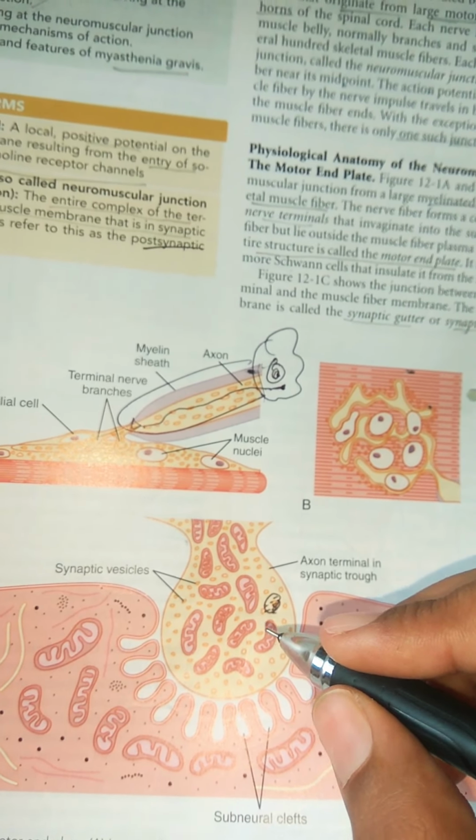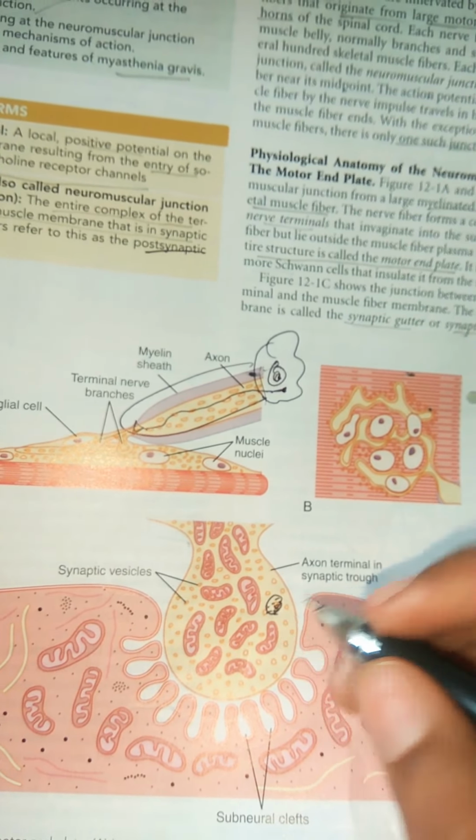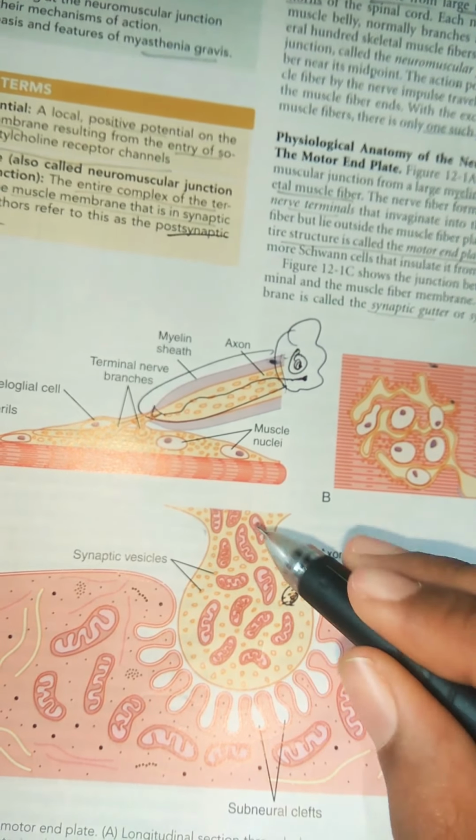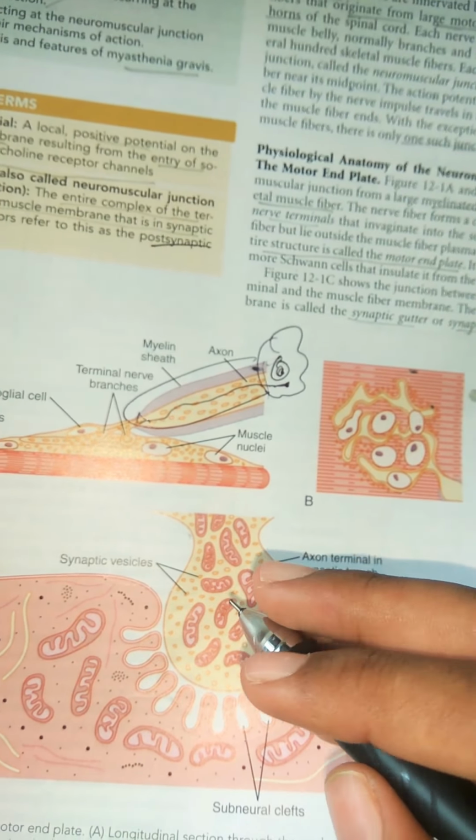So now the messenger RNA is formed by DNA transcription. The nerve ending has no nucleus, so all the proteins are synthesized in the cell body and transported to the nerve endings. The nerve endings mainly synthesize the small molecules and the acetylcholine. Remember that the nerve ending can also produce some proteins, but they can synthesize only small proteins of their own.